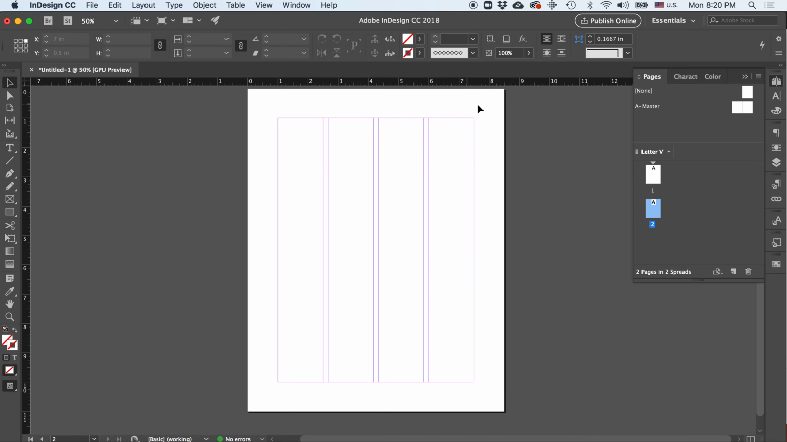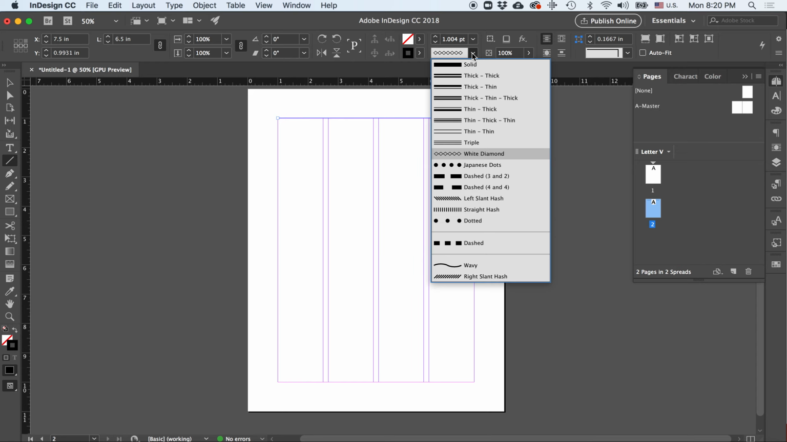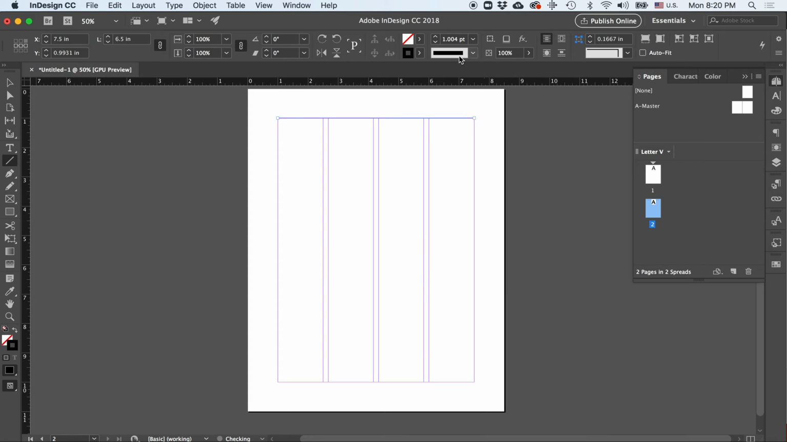Now I want to divide up the page. I'm going to use a graphic treatment, so I'm going to take the line tool right here and I want to just draw a line from start to finish. I want to make sure that first of all I have the stroke selected. If you go in here, this is where you can do a solid stroke, so just a simple line